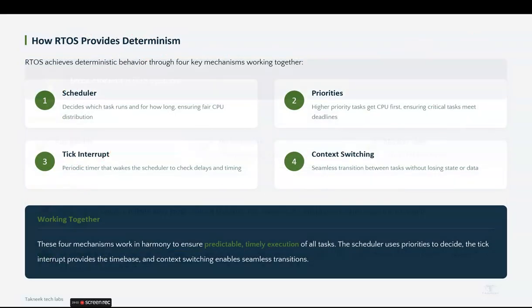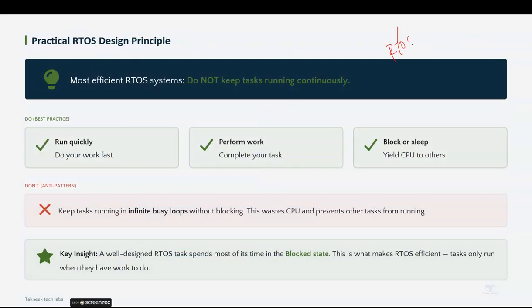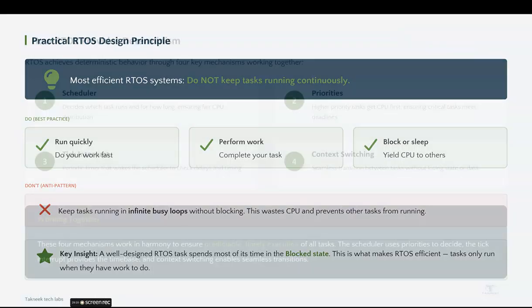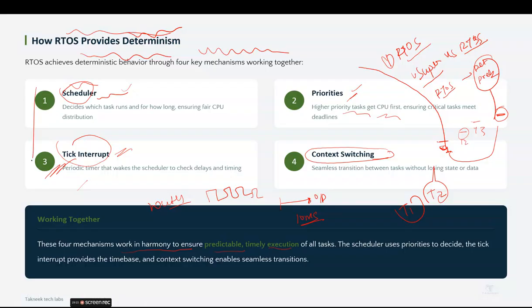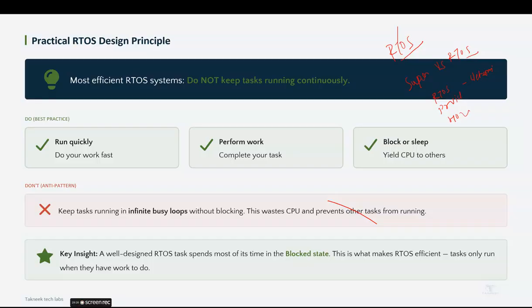Okay, so one is what is RTOS, why the super loop was the problem, and what RTOS is solving, what RTOS provides. Okay, so it provides determinism, and how it provides it. These are the things that explain how the RTOS provides determinism. Okay, so